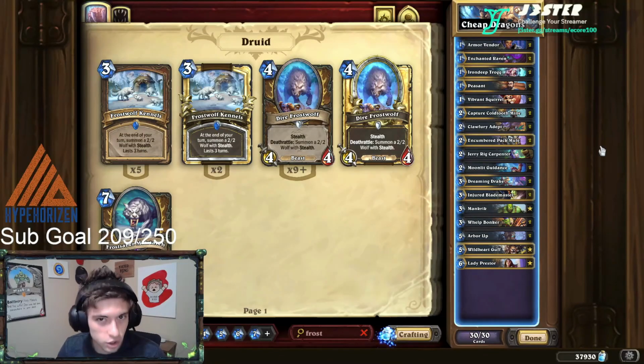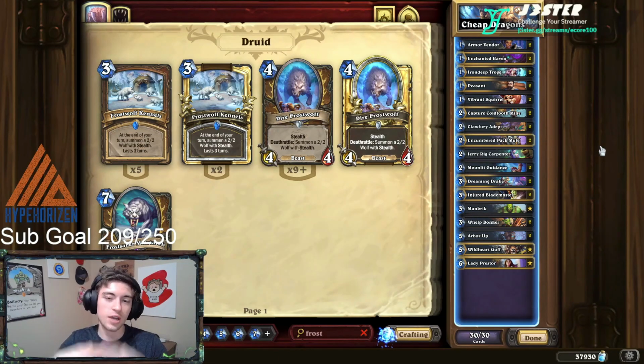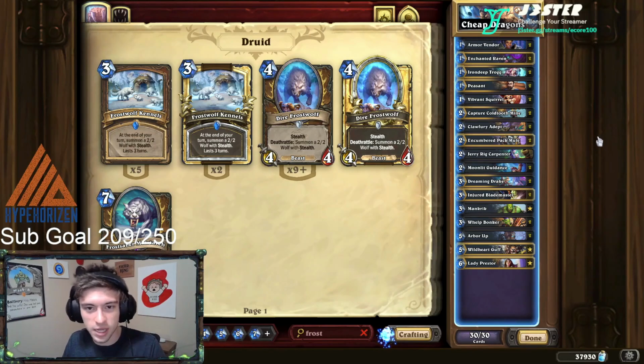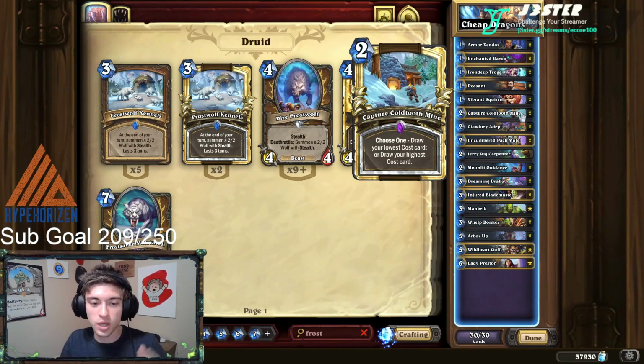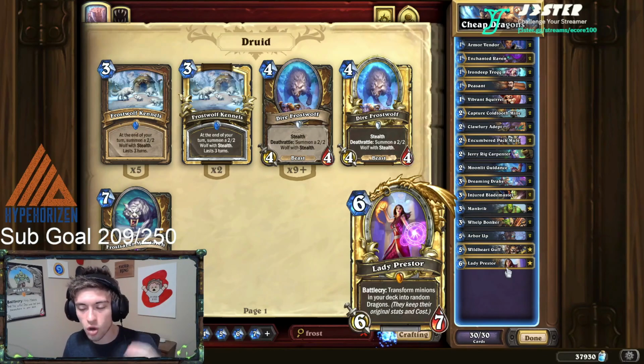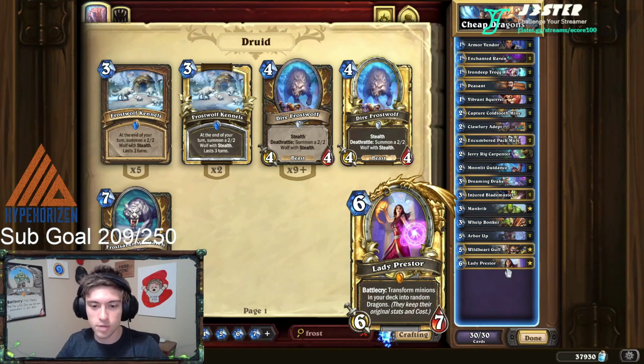So this is Lady Prestor Druid, and I'm going to be doing a Lady Prestor deck for every single class, and the first one is going to be Druid because I think it has the most potential, and it actually did pretty well, and it's because of this card right here. Capture the Cold Tooth Mine allows you to guaranteed draw Prestor at any point in the game, no questions asked,